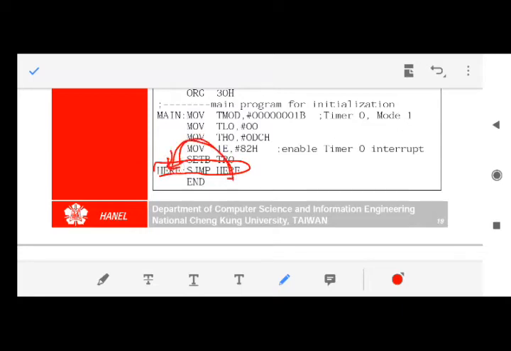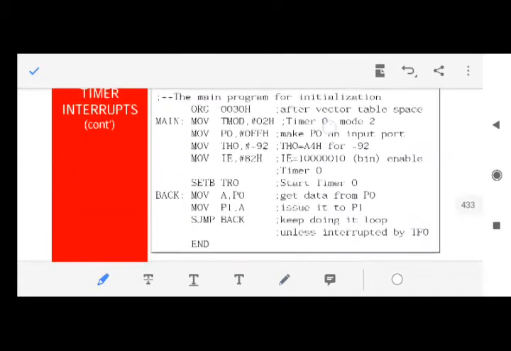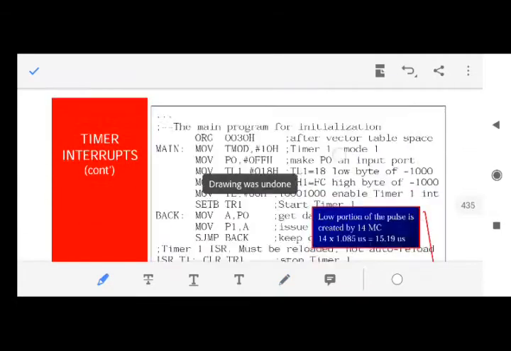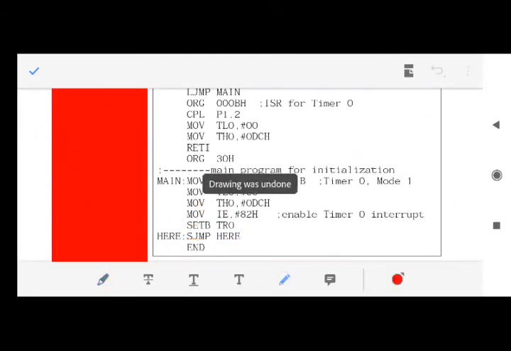So it will keep on jumping here. Your 8051 will do nothing, because in the last program we were moving the value from one port to another, meanwhile the timer had started counting. So 8051 was doing two things, but in this program it was not said that two things have to be done.